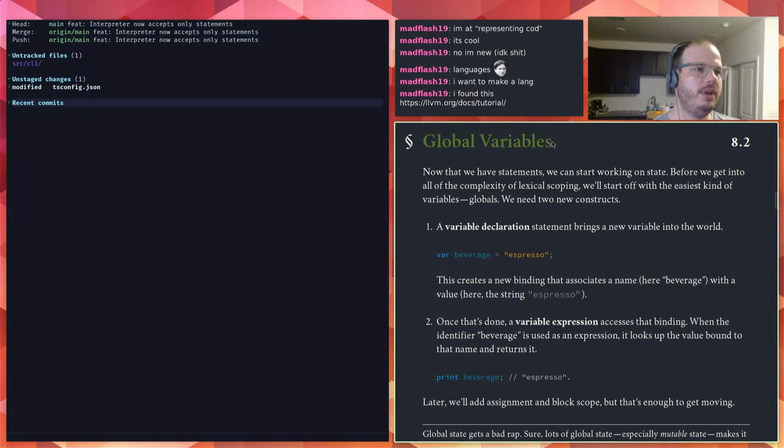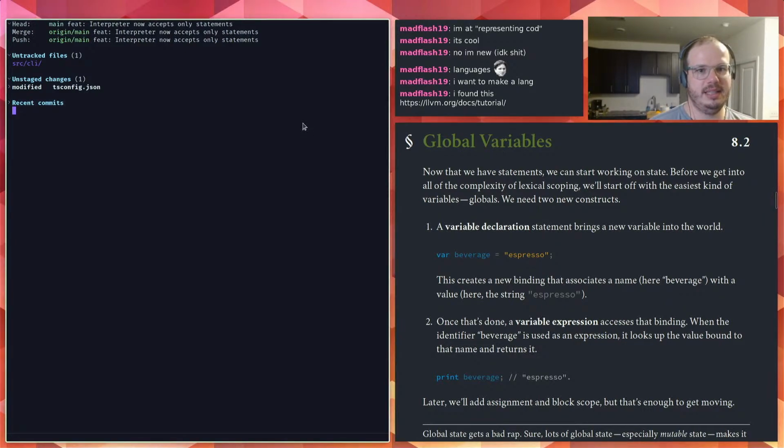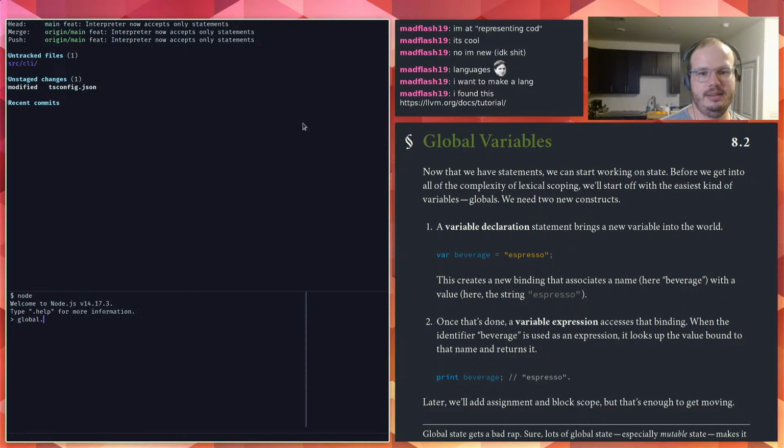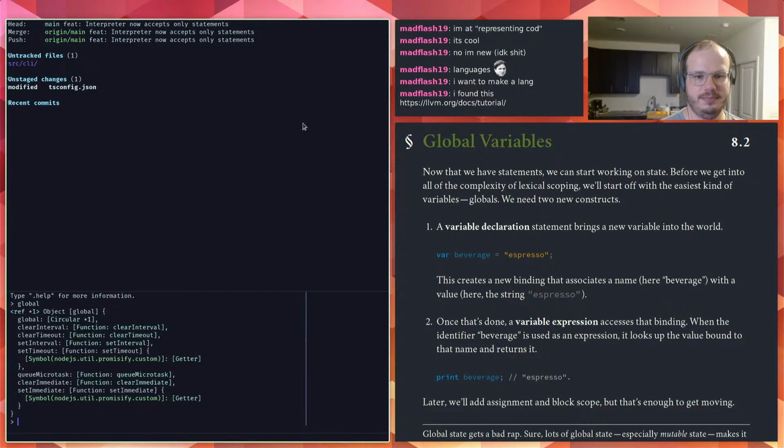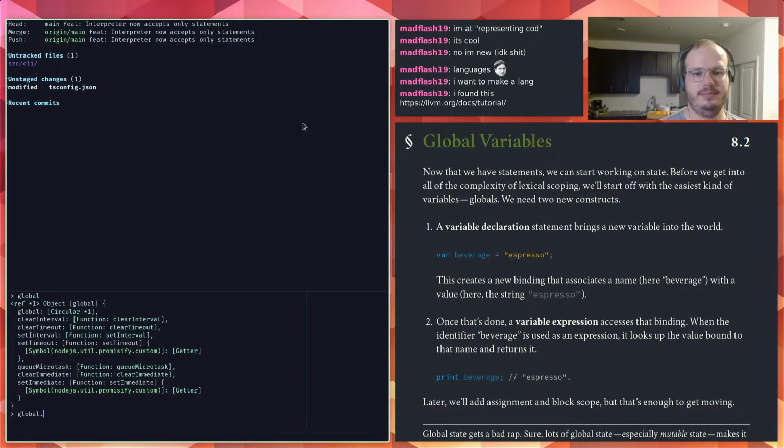Oh, global variables. I was thinking like constant, almost standard library variables, like how JavaScript has global dot stuff. Actually, this is less things than I expected to find on global.